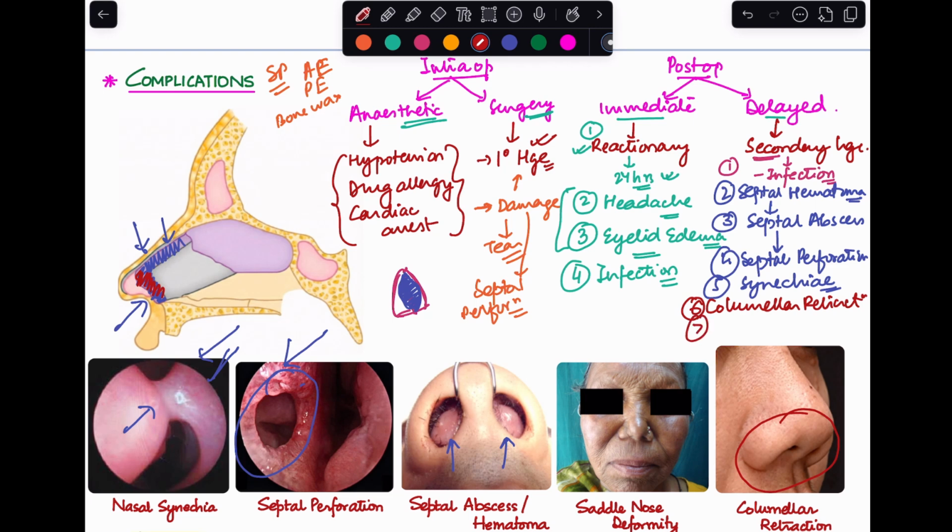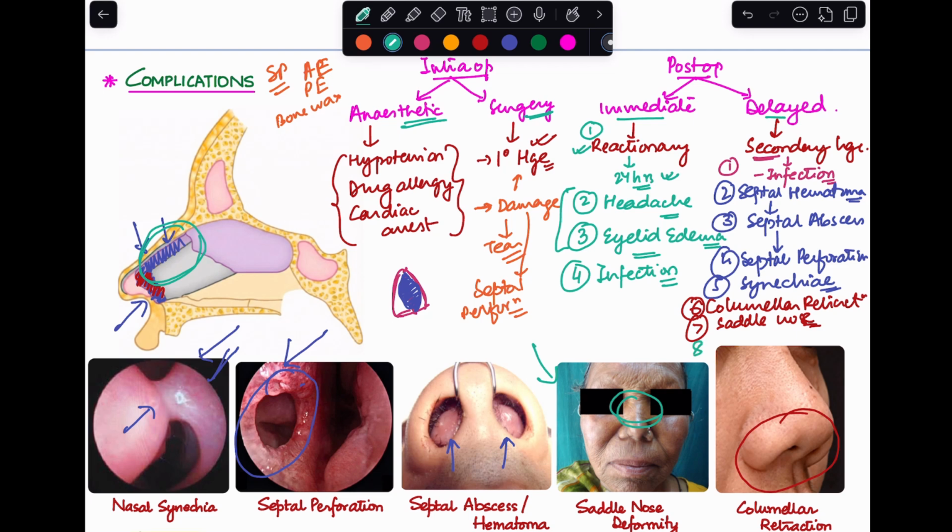Next is another deformity that can form, which is known as the saddle nose deformity. Saddle nose deformity will happen because of this dorsal strut that we have. If we do not maintain enough dorsal strut, if the dorsum collapses because of the loss of cartilaginous support, because of too much cartilage removal, that will lead to the development of saddle nose deformity, which is shown in this image over here. This is what a saddle nose looks like. Again, these are all complications which are more common in SMR than in septoplasty. If this happens, you need to do a dorsal augmentation with the help of a cartilage or a bone graft.